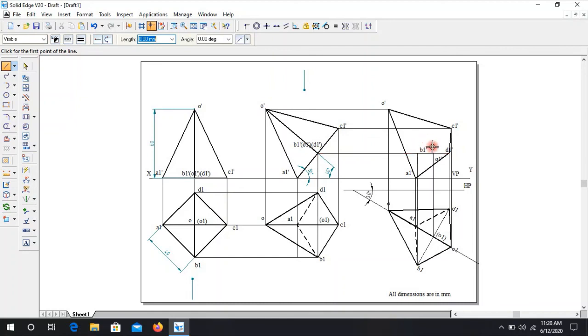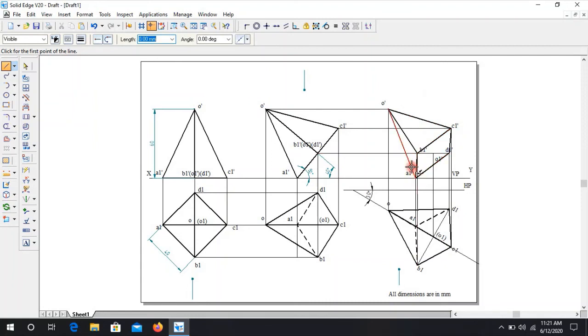Next, consider point B1 dash. Observer will be located here. When you observe from here, identify whether point B1 is nearer to observer or it is away from observer, or it is below axis line or above axis line. Since it is nearer to observer, point B1 is visible. So all three lines from B1 will be thick continuous. To identify which are the three lines, refer this diagram. A1 to B1, C1 to B1 and B1 to O. So A1 to B1 continuous line, B1 to C1 continuous, B1 to O is also thick continuous.